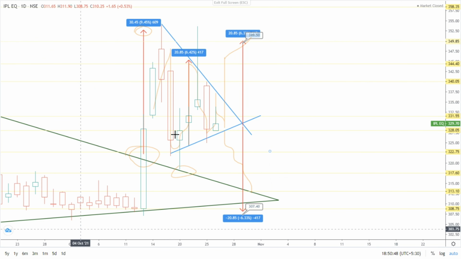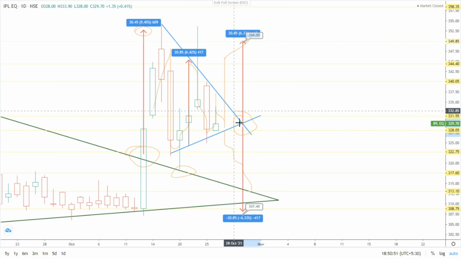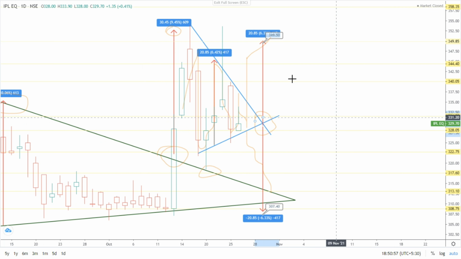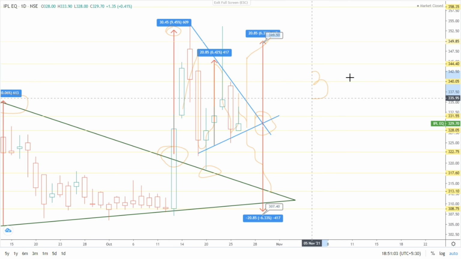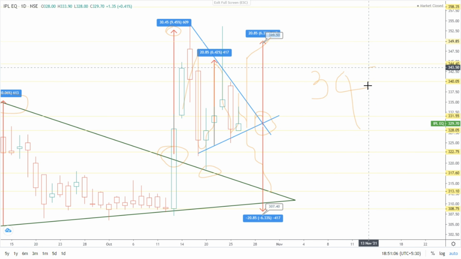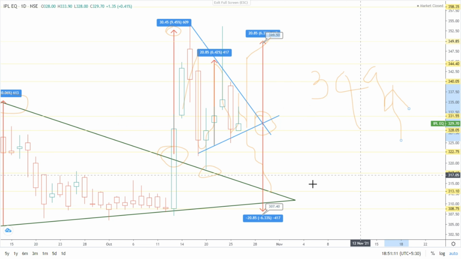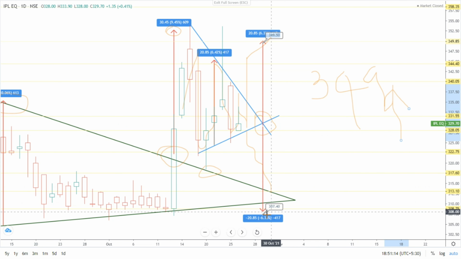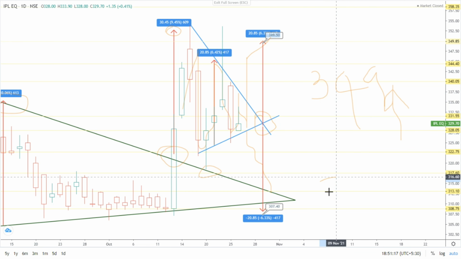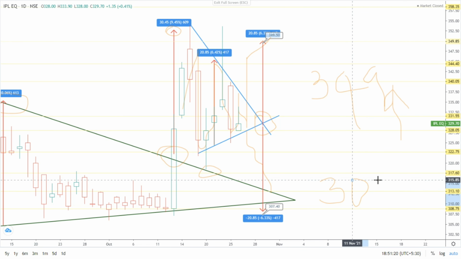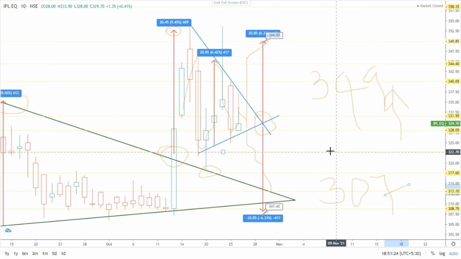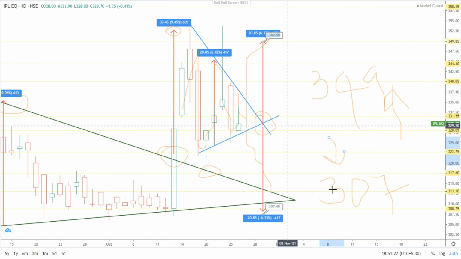Chances are there. And after the breakout of the triangle pattern, these targets can be achieved. So the target for upside movement after the breakout is 349 rupees, guys. And if it goes down, it can go down to 307 rupees, that is 20 rupees upside and downside movement that can be seen in this stock after the breaking of this pattern.